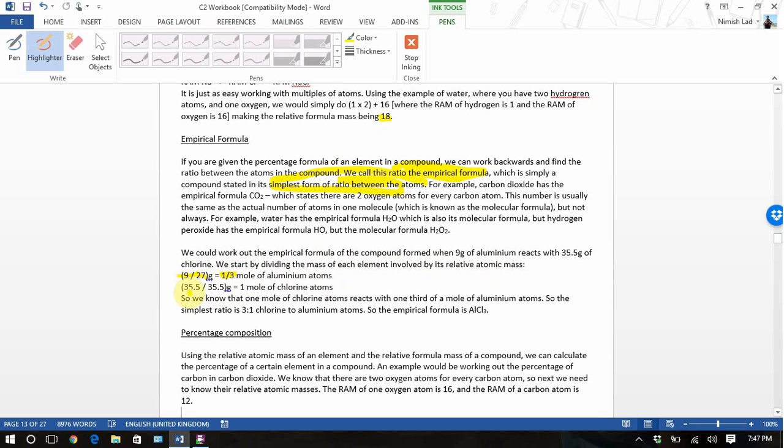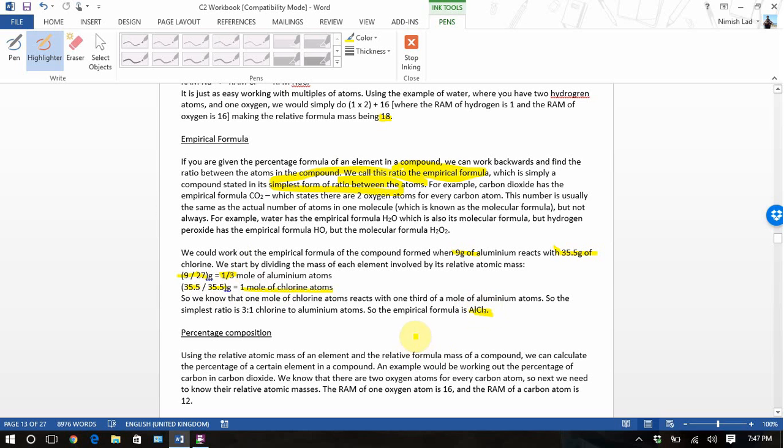With 35.5 grams of chlorine, we do 35.5 divided by 35.5, because 35.5 is the relative atomic mass of chlorine. So that's 1 mole of chlorine atoms we have. So we know that the relationship between aluminium and chlorine must be 3 chlorines to 1 aluminium, because that's 1/3. If you times that by 3, you get to 1, therefore you need to times this by 3 to get to 3. So 1 aluminium to 3 chlorine. Therefore, you end up with the formula